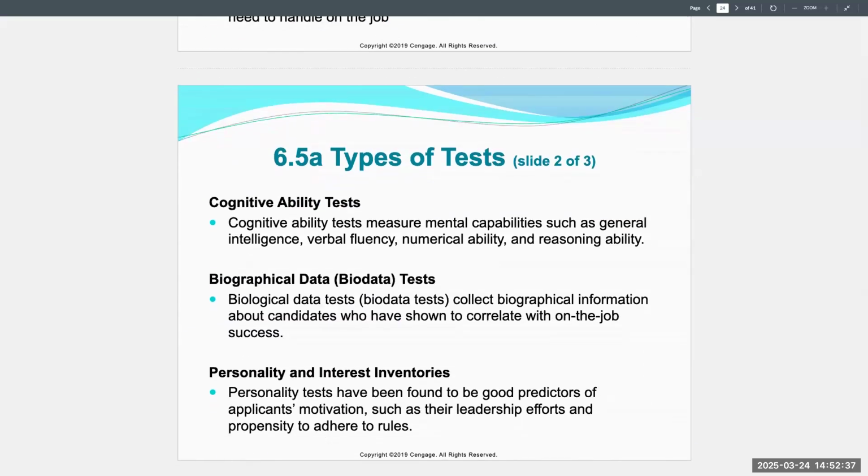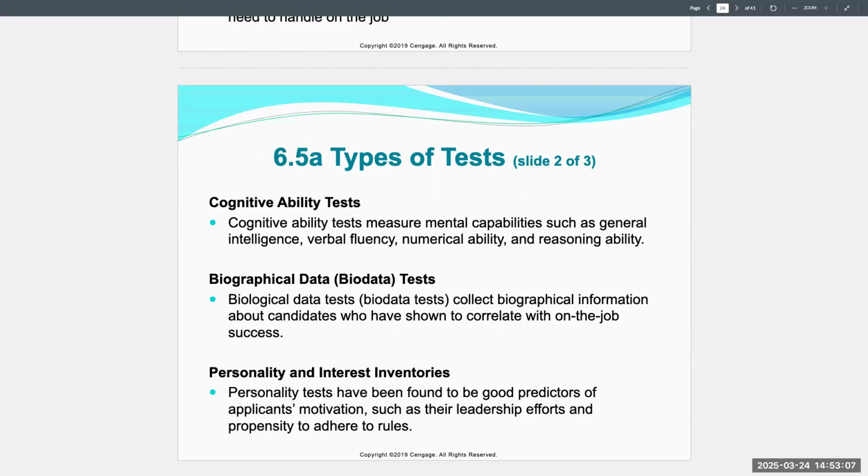Cognitive ability tests assess reasoning, memory, mathematical aptitude, verbal skills, and problem-solving capacities. These are some of the strongest predictors of job performance, especially in roles that require decision-making. Why, you may ask? Well, because general mental ability, often referred to as G, underlines the ability to learn, adapt, and handle novel challenges. These tests are efficient and cost-effective, but they can unintentionally produce adverse impacts if not carefully validated and paired with